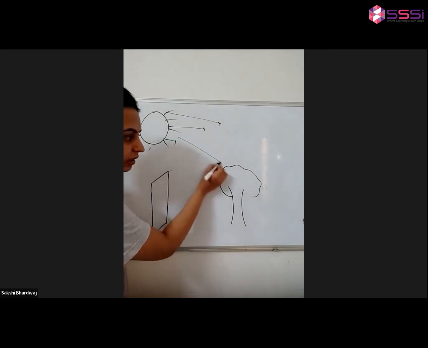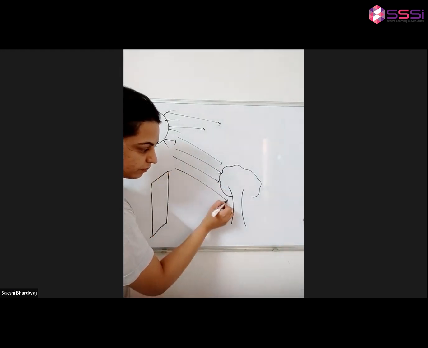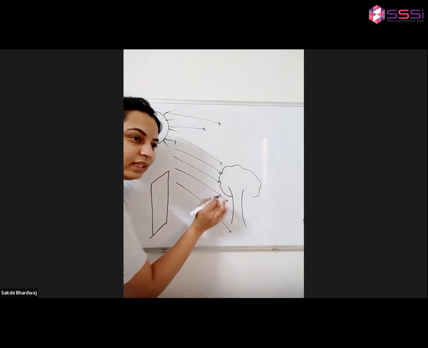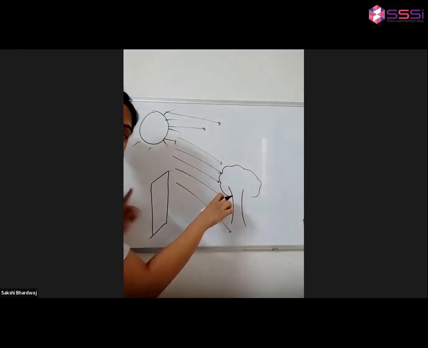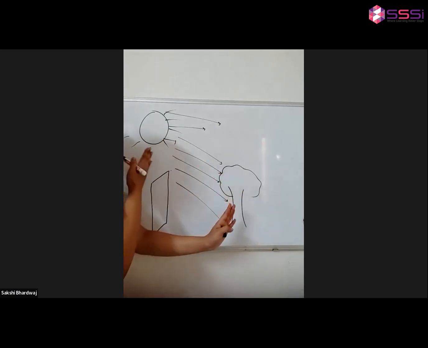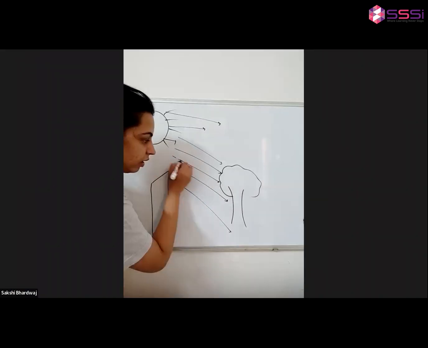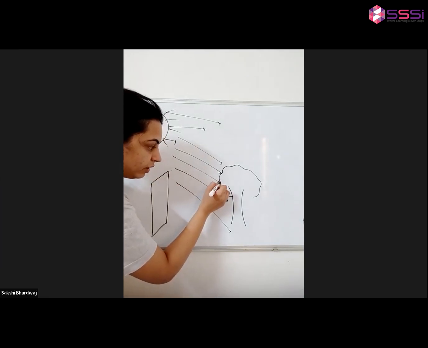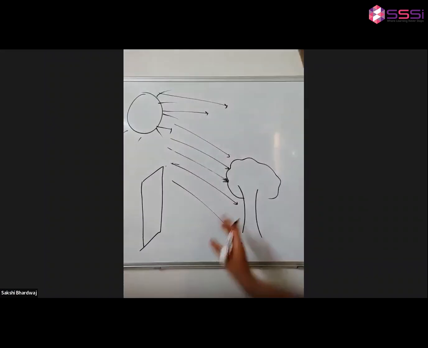Whenever the light rays come to this tree, we can say in simple words that this tree absorbs the light, or we can say this tree reflects it back. It comes like this and goes back again. When it gets reflected, only then we can see things, right? We'll come to this later.